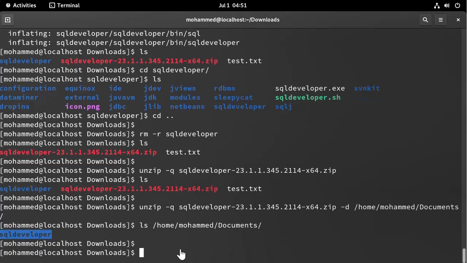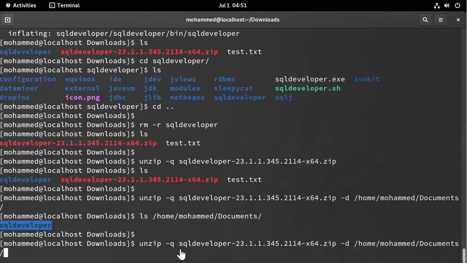If the file you are trying to extract is protected by a password, just say -p and then provide your password. You give the password right here and then the file name. This is not a best practice. It's not good to type the password on the command line. So what you can do is